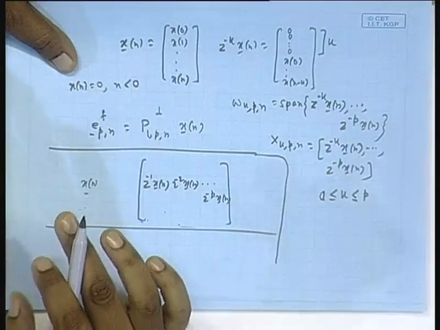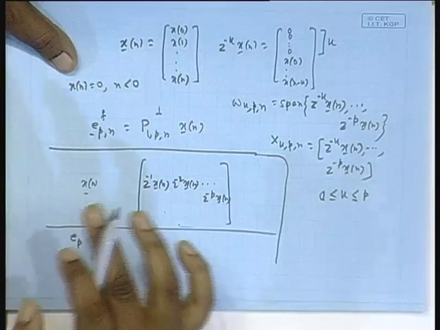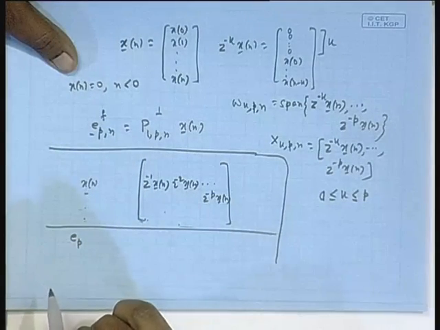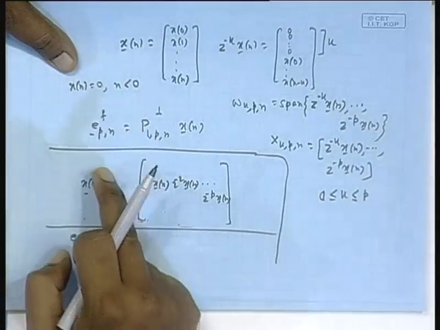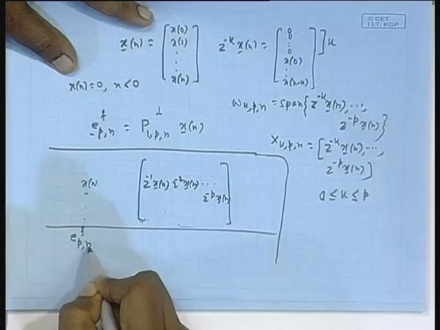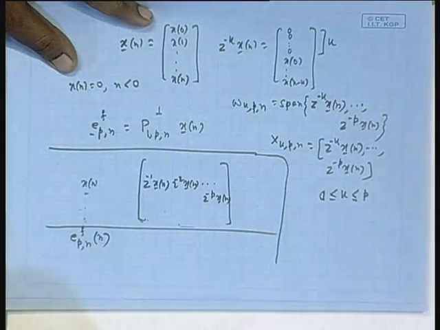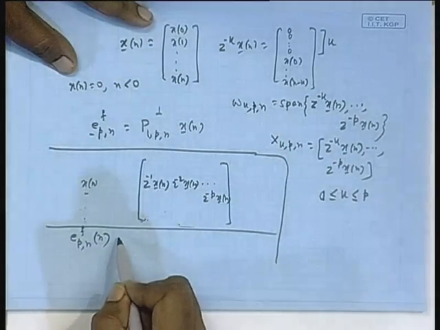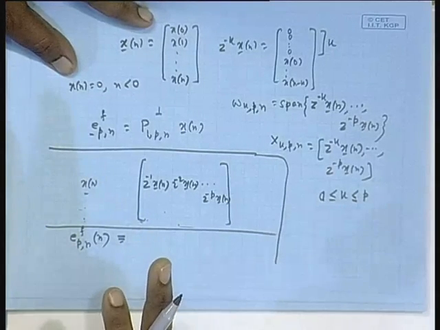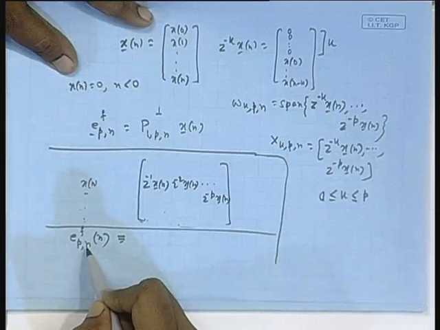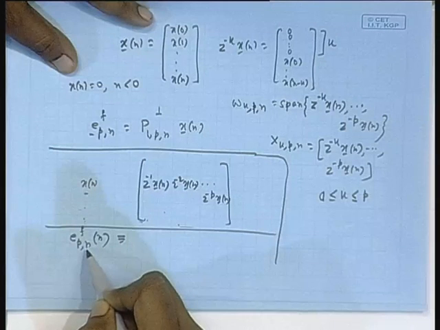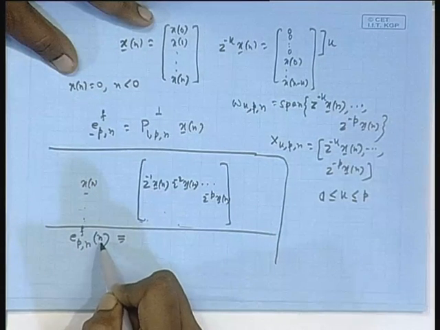So, I introduced a vector, remember pi n, I called it pinning vector. Pi n was a column vector, all the elements were 0, only the last element was 1. So, pi n transpose times any error vector will be the last component, and that we can denote as EPFN, n, isn't it? But why use 2 n? We can use our intelligence just to live with 1 n only. This n means what? We have computed the pth order forward prediction error vector by taking data up to nth index. That error vector's nth component.